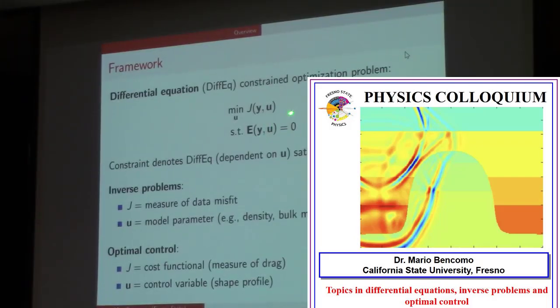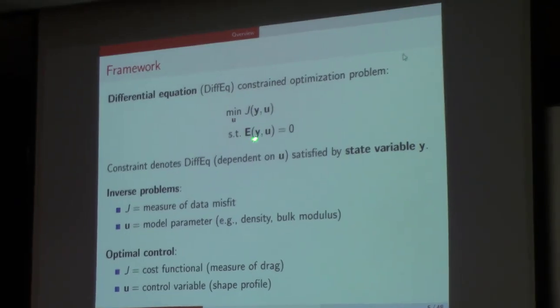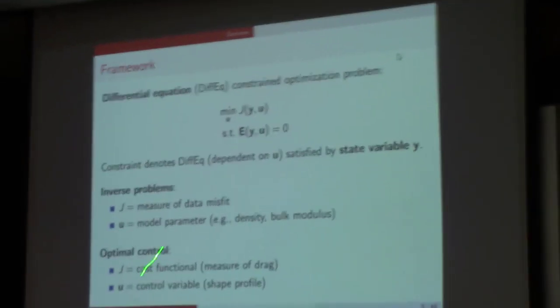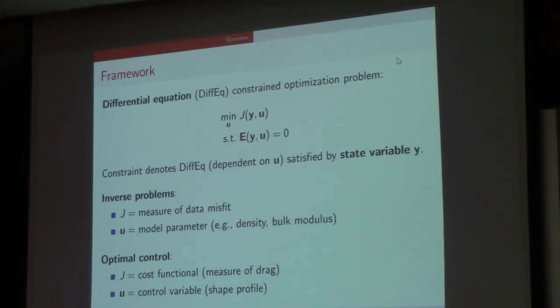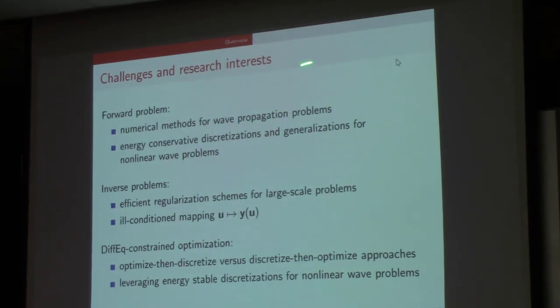y is a state variable that satisfies a differential equation that I'm writing here in this very abstract form. So y could be the pressure field, for example, in the wave equation, or it could be something in fluid mechanics for that optimal control problem. Again, I'm interested in the forward problem, numerical methods, specifically for wave propagation problems,